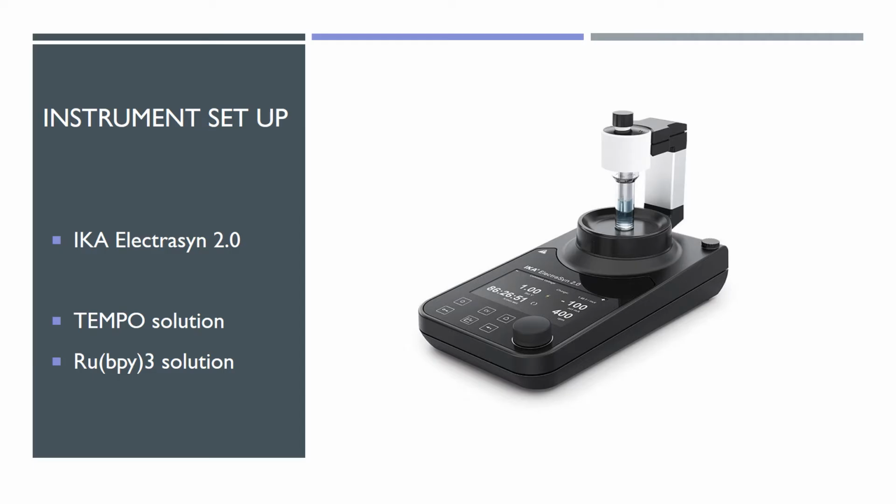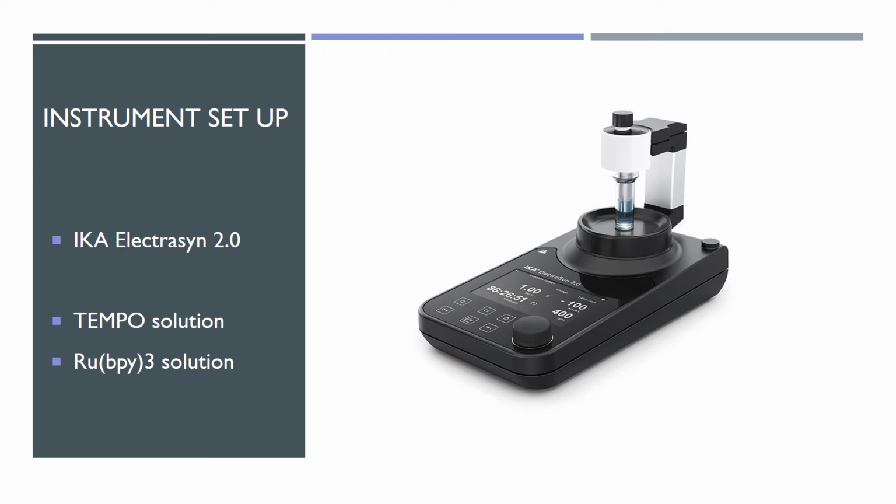The CV experiments were conducted with the ICA Electrocin 2.0. So a 3 molar KCl electrolyte solution was made to fill the glass tube of the silver wire electrode, and it was soaked to make sure that the solution was permeated throughout, which ensures that there's a good current and salt flow when you take a CV. To test the instrument,